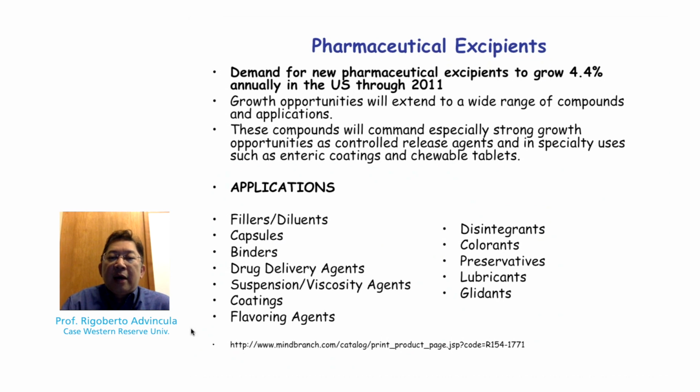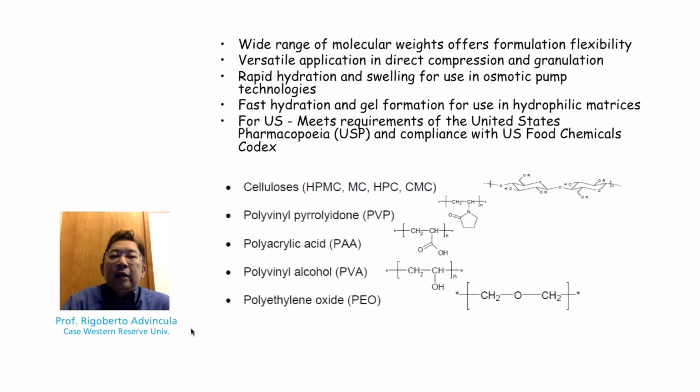Polymer excipients are part of what goes into the whole composition, which would contain flavoring agents, viscosifiers, preservatives, and so on. So polymers play a very important role in any of these compositions. Some of the most common polymer excipients out there can be in the form of celluloses, polyacrylic acid, polyvinyl pyrrolidone, polyvinyl alcohol, and of course,